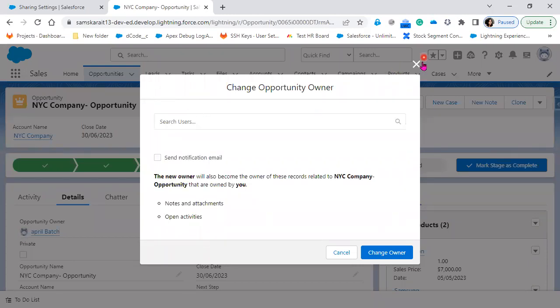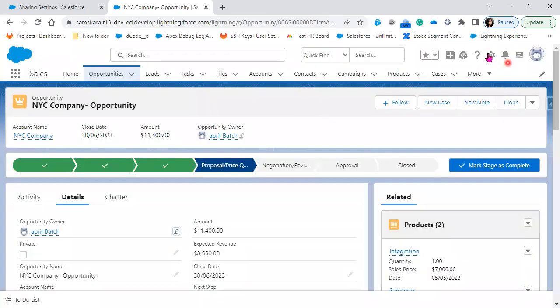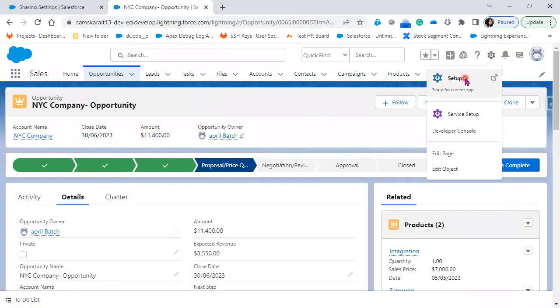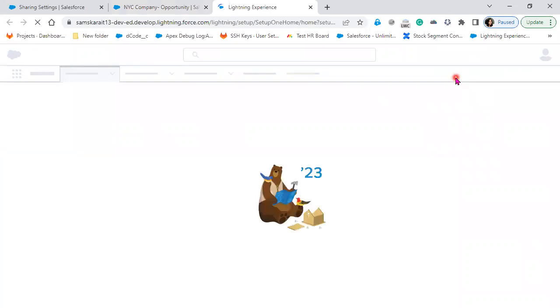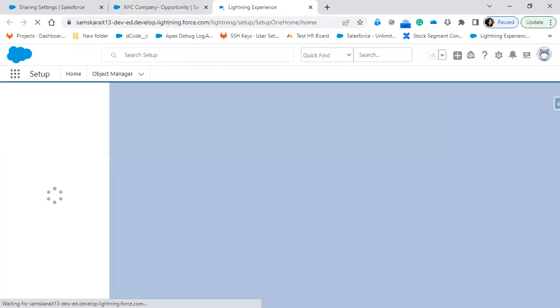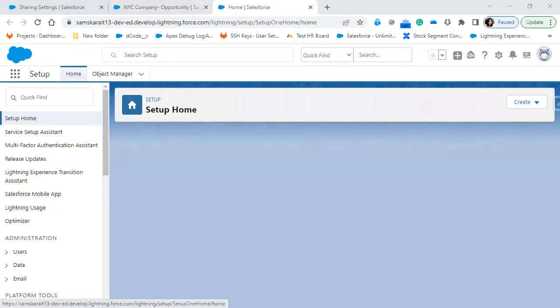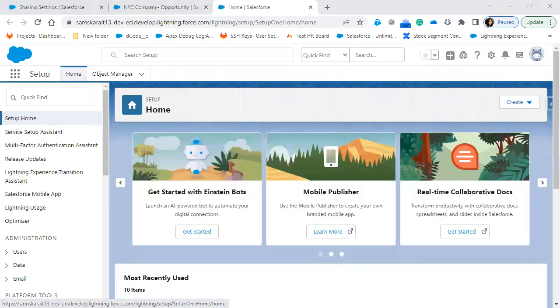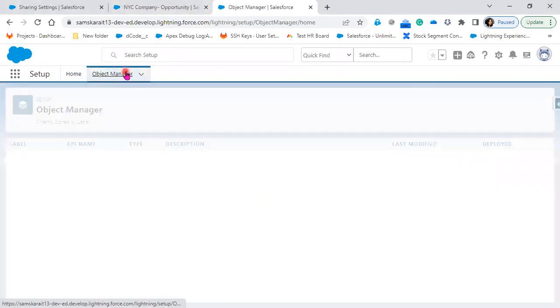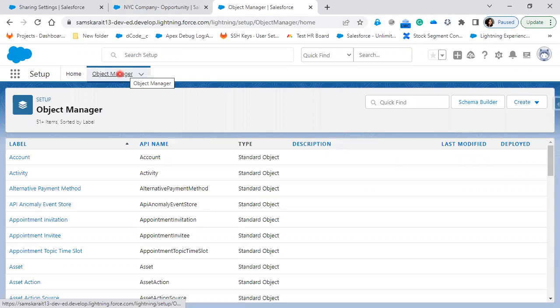But how about the custom objects? So what we will do is, let's go ahead and create a custom object. Does everybody know how to create a custom object? Okay. So in order to create a custom object, come here to object manager,